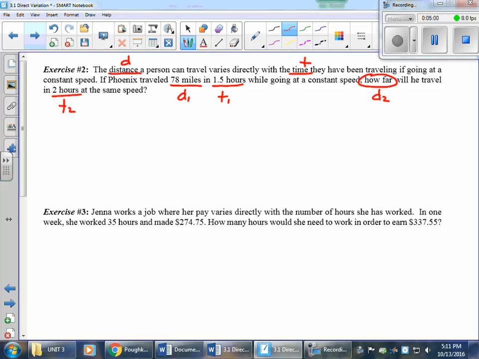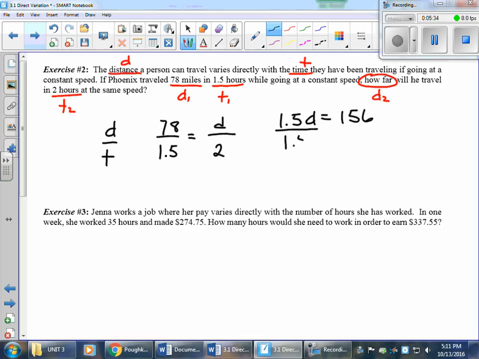So again, create the proportion. Distance over time. So my distance for D1 is 78 over my time 1, which is 1.5, and that's going to equal our distance 2, which is what we're looking for, so let's call it d, over our time 2, which is 2. So easy mathematics just tells us, why don't we cross multiply, and we get 1.5d is equal to 78 times 2, which is 156. And after we divide by 1.5, d has to equal